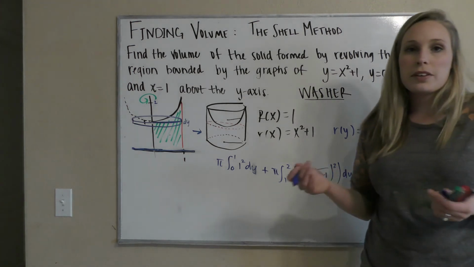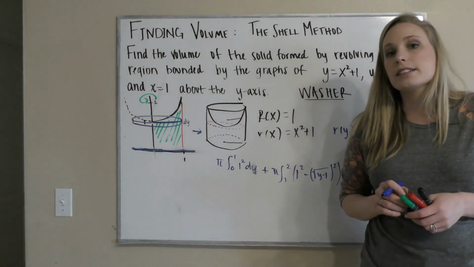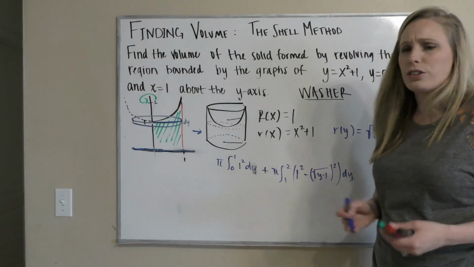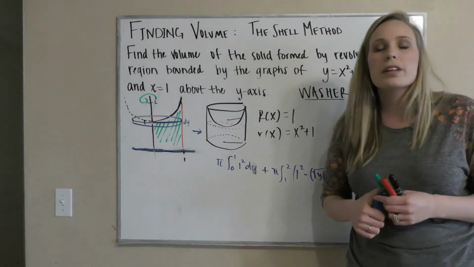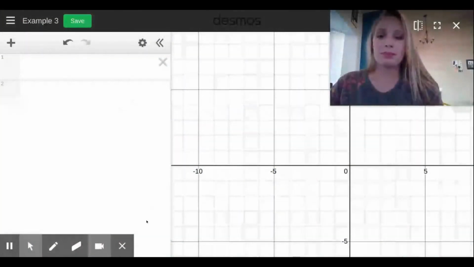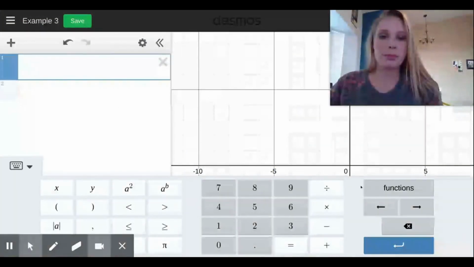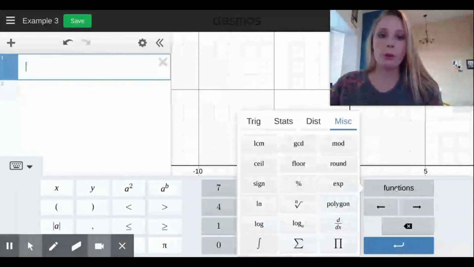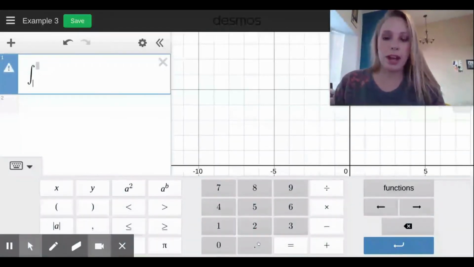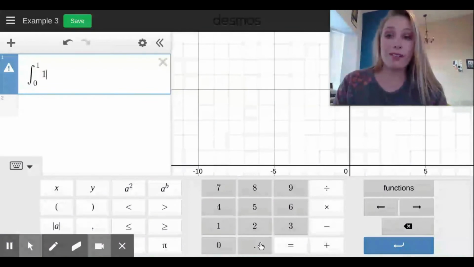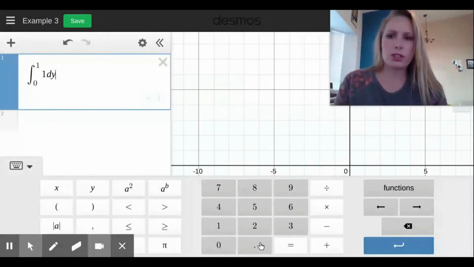And now we can plug that into our technology and get what that actually equals. Of course, we could integrate that by hand. That wouldn't be that big of a deal, but let's plug it into our technology. Okay, so in this particular example, we had two different integrals that we were adding. We were adding the one that was from 0 to 1 of 1, and I think it was in terms of y,